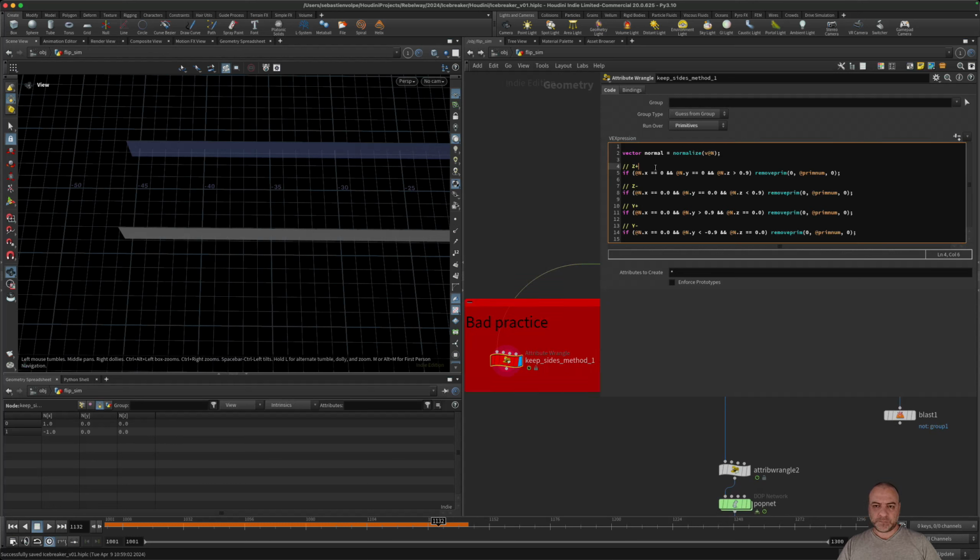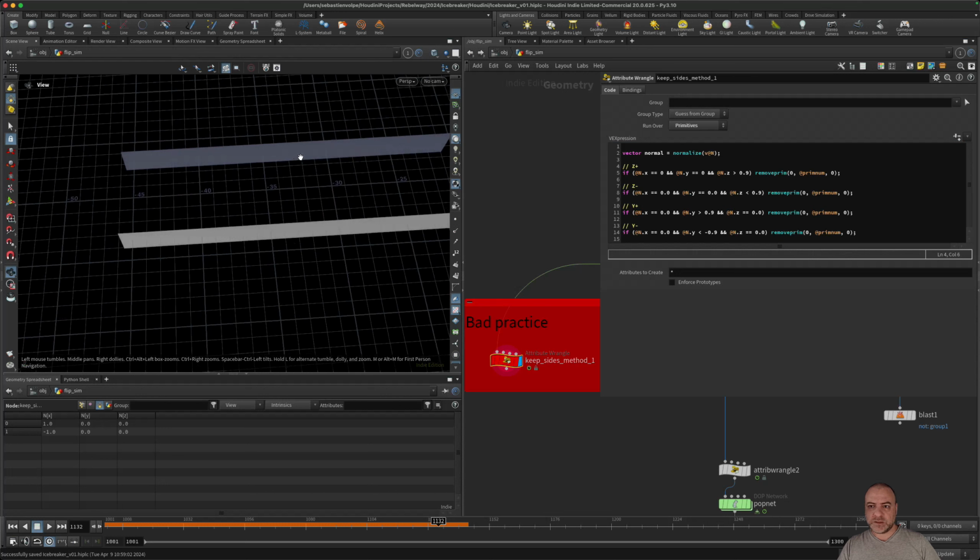So here what I'm doing, I'm looking for normals and I just delete the normals I don't want. Z plus, if n.x equal 0, or n.y equal 0, and so on. So just important, here it's not equal, because in Houdini, when Houdini displays 1.0, maybe it's not 1.0, maybe it's 1.0001, or maybe it's 0.99999. And sometimes it works if I write equals, sometimes I just write superior or inferior, and this works.